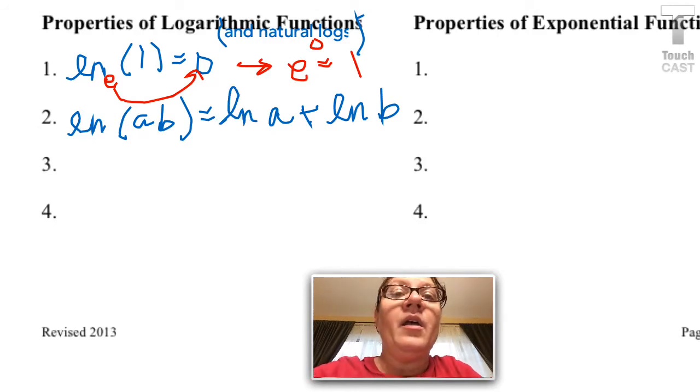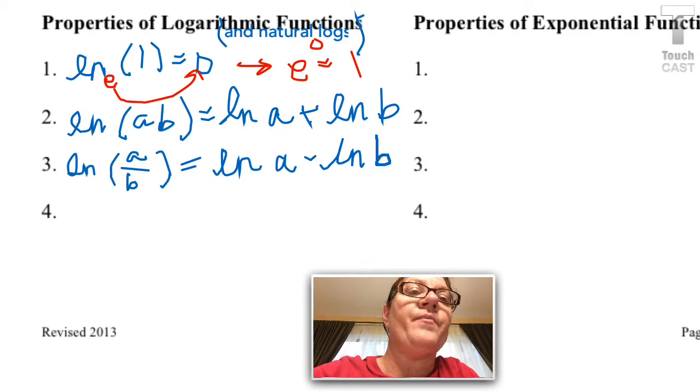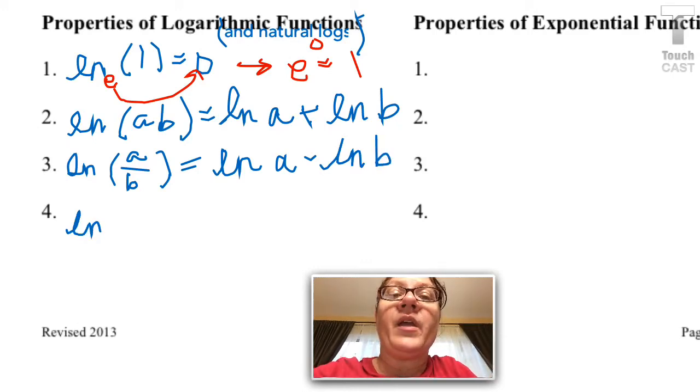Okay, and then the third one is when you're doing quotient rule. Of course, you can split, and hopefully you're saying right now to yourself, oh yes, I remember. It turns into subtraction. And you were right. And then the last one, of course, is the power rule. And hopefully you remember on this one that if I have a log of a to the n,